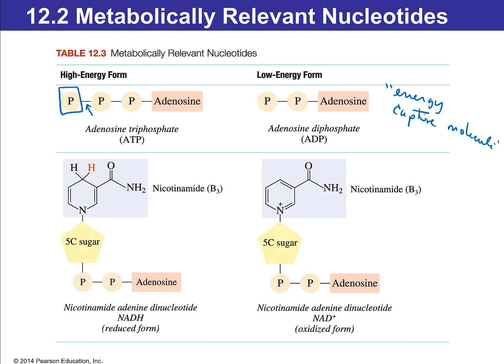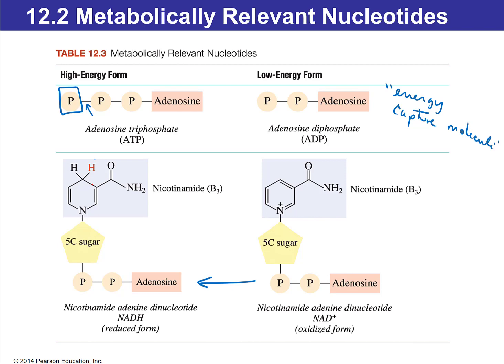The second one is called NAD and NADH. This molecule can gain hydrogen. Do you see the hydrogen up here? So it can pick up a hydrogen. The hydrogen comes from glucose. So glucose is